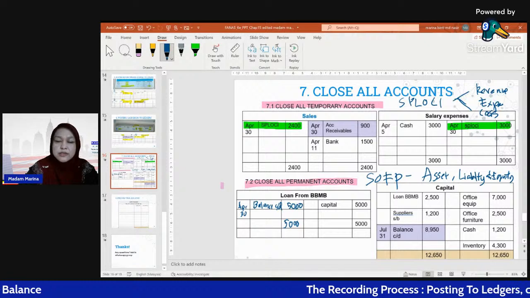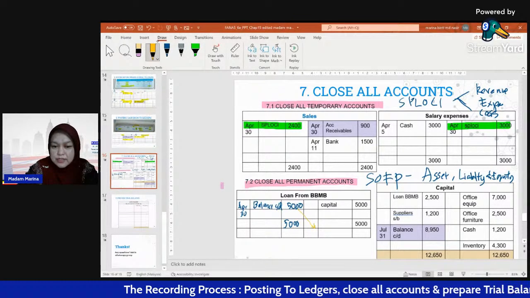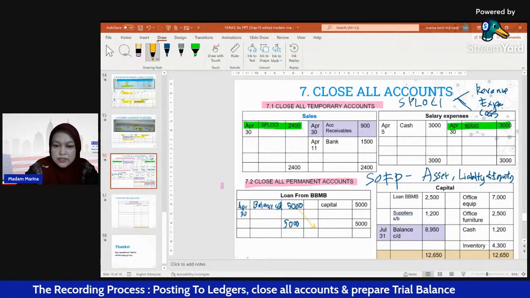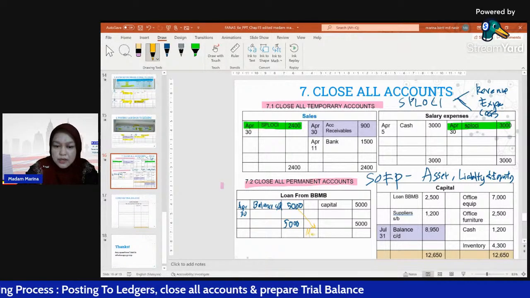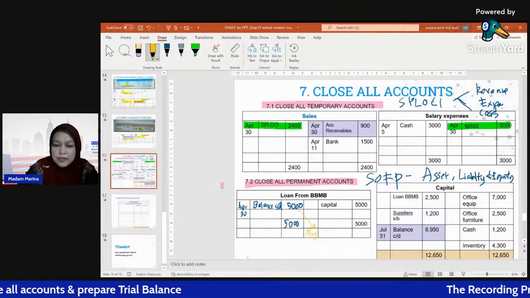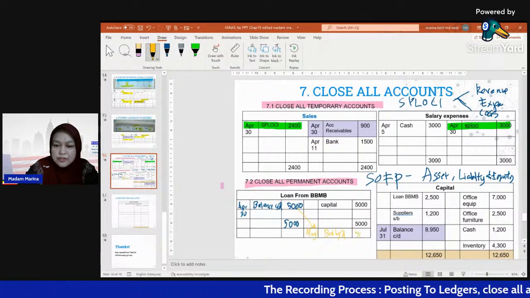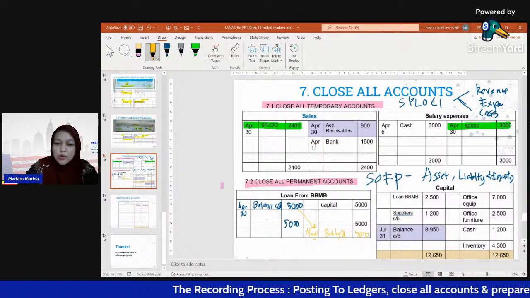This balance carried down, what we have to do is we will transfer as balance brought down here. Okay, so May 1. Okay, balance brought down, BD 5,000. That's how to